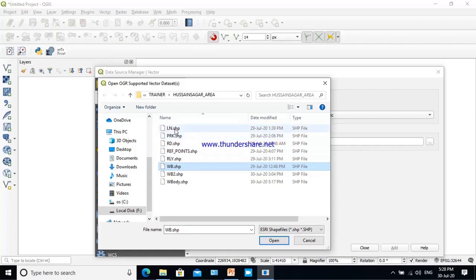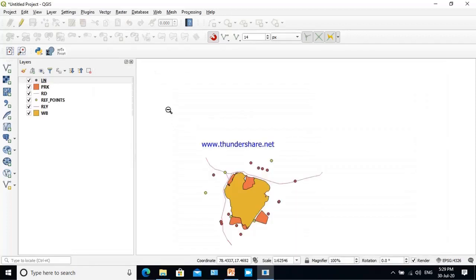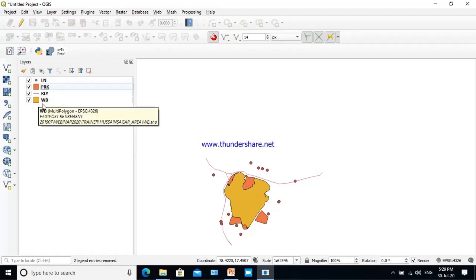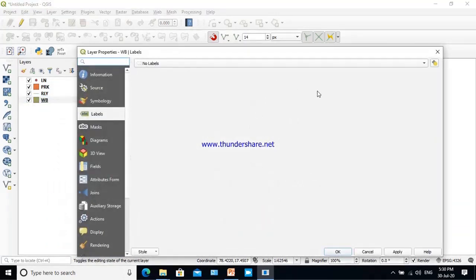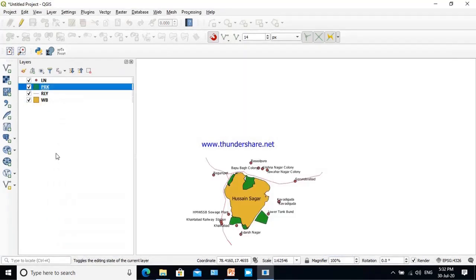So select these pre-digitized layers: location, park, road, railway line, and water bodies. Change the style, or the look of our digitization. There may be other features also. You identify them and try to digitize in your exercise session. So this is all. Thank you very much.